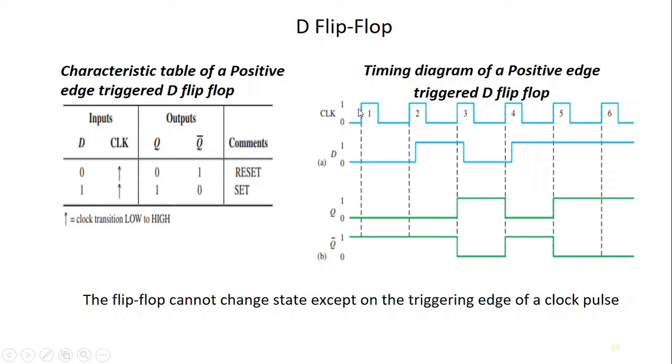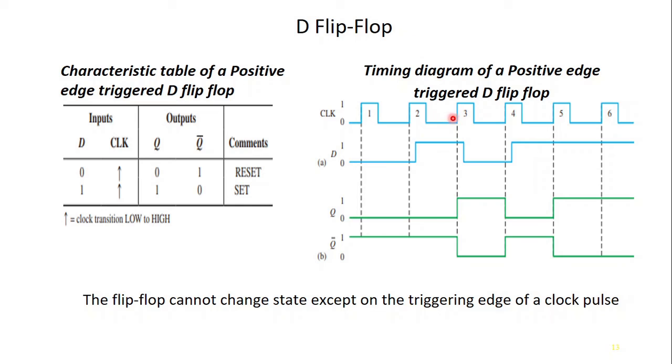That means we can see here, this is the positive edge, but here the value of D is 0, and since Q is 0 itself, there is no change. So for the second rising edge, or the positive edge of the clock, the value of D is 0 itself. So again there is no change in the output, which is already reset.